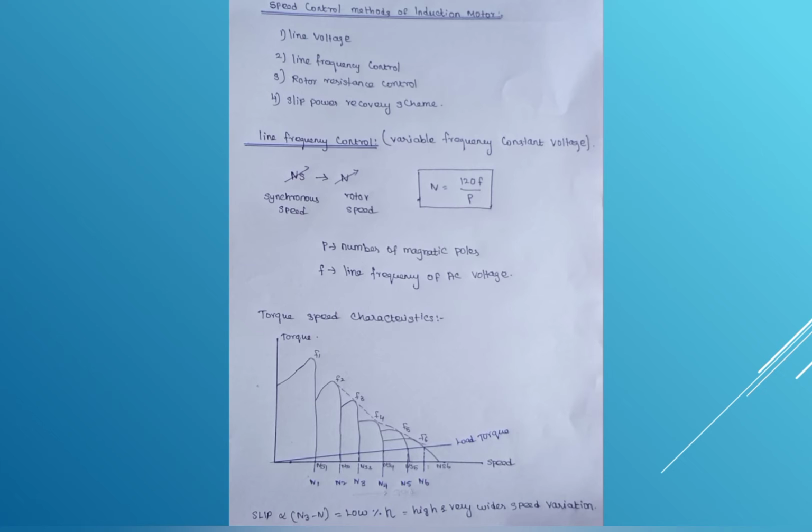Next, basic concept is torque and omega. Here power is equal to T into omega. P is equal to output power and T is equal to load torque. Omega is equal to 2 pi F. Synchronous speed Ns is equal to 120 F divided by P. Here P is equal to number of poles.